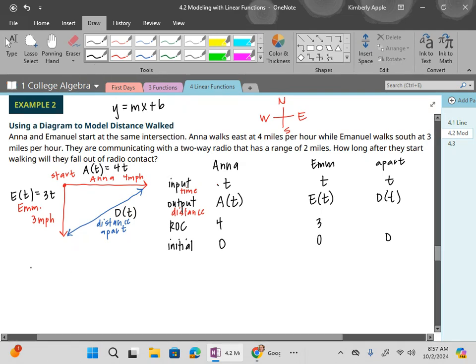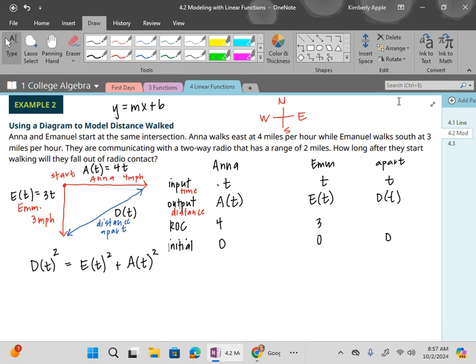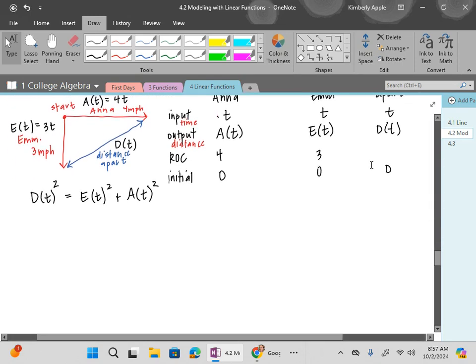And so what will relate that is going to be d of t squared equals e of t squared plus a of t squared. So now I can obtain some information about d of t,